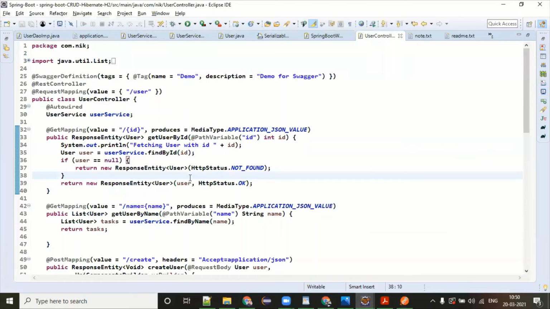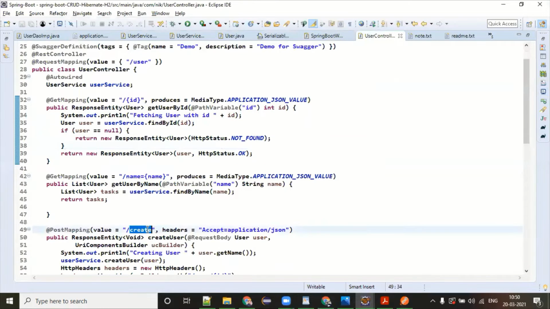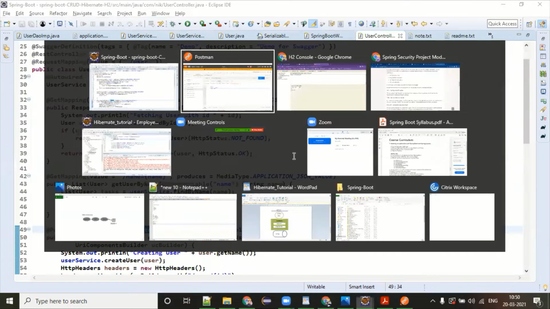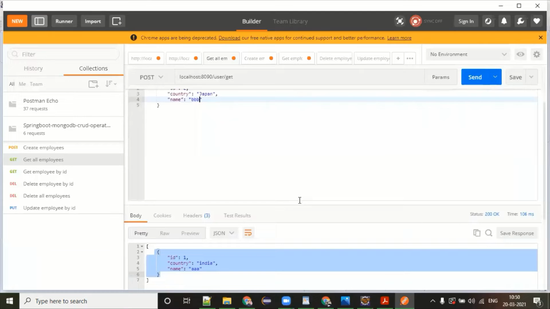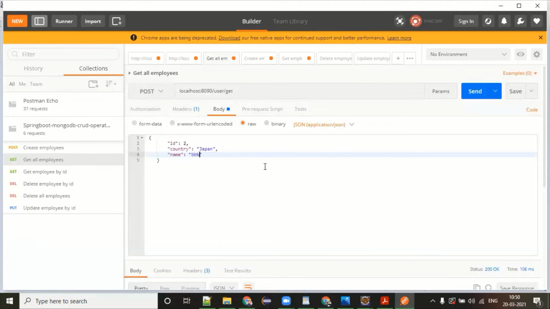What is the create? This is for create. And you have noticed this status code, right? So 200 OK has come because of HTTP status OK. Click on send.